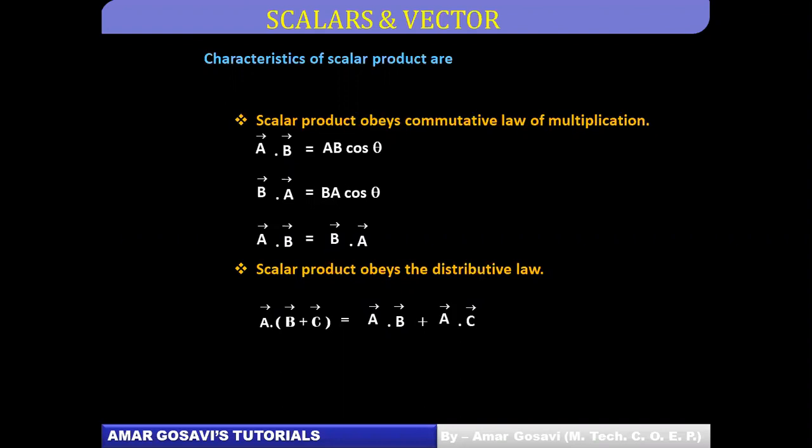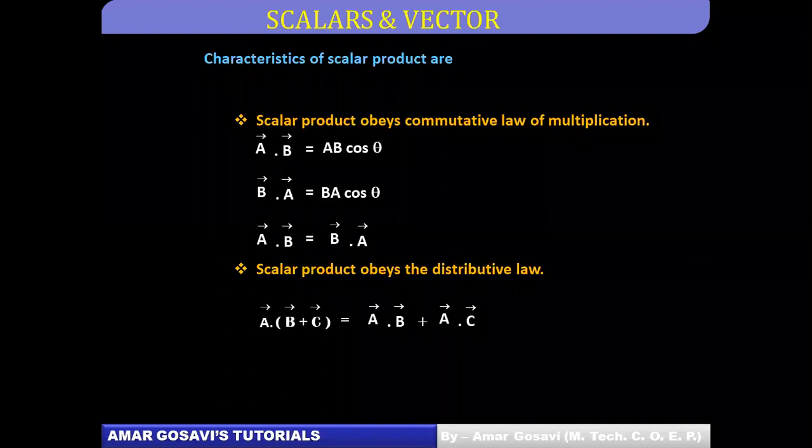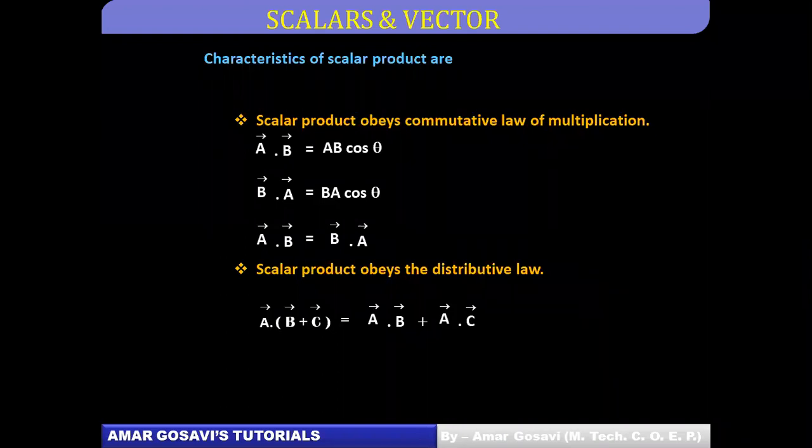So two important characteristics regarding scalar product. First, it obeys the commutative law. Second, it obeys the distributive law. Hopefully you understand what it means, and more importantly, why it is called scalar. We will talk about that also in the later stages. Please make a note of it and let me know before we try to understand the other characteristics of scalar product, friends.